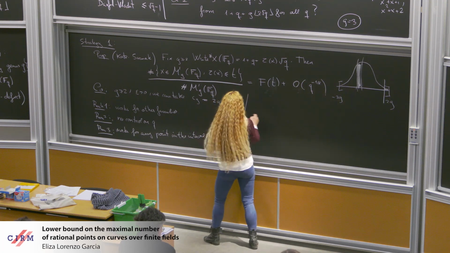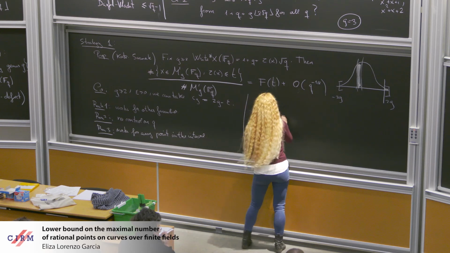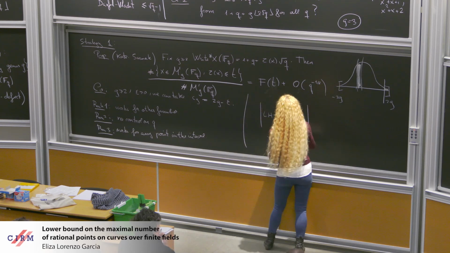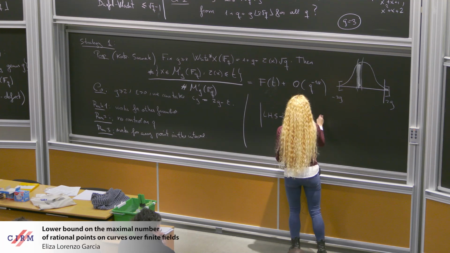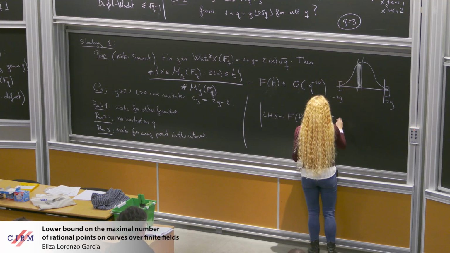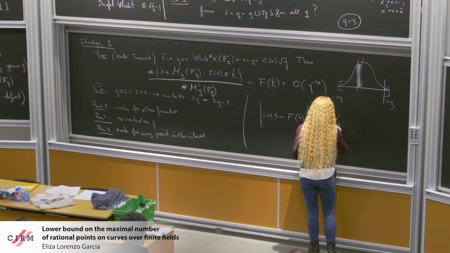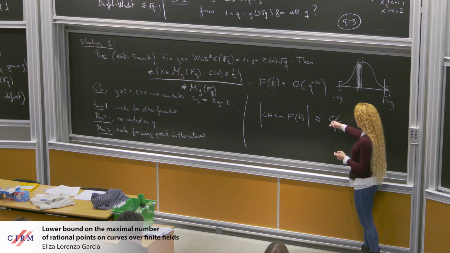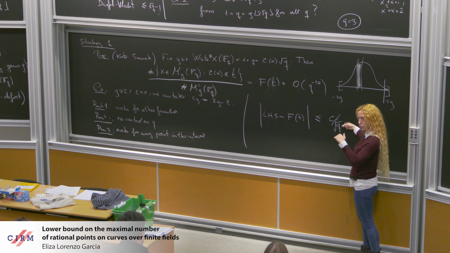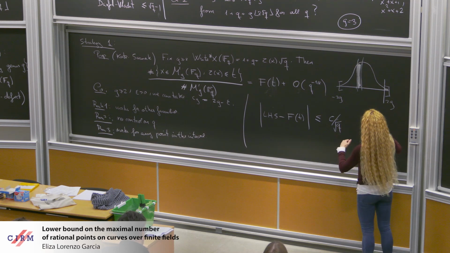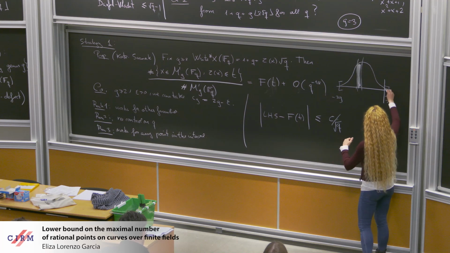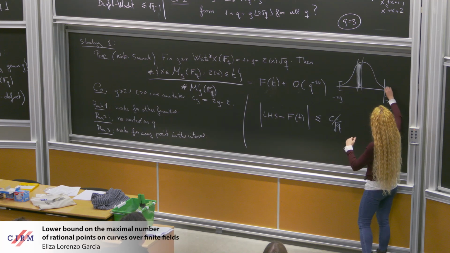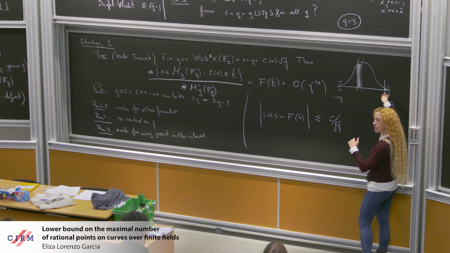So call this left-hand side minus f of t. Well, the left-hand side depends on t too. I want a constant such that this is less or equal than c divided by square root of q. It seems you should be able to get this from the line back. If you have such a constant, and you know from which q this is true, then now I don't remember all the details, but then you have the control here to prove that you have